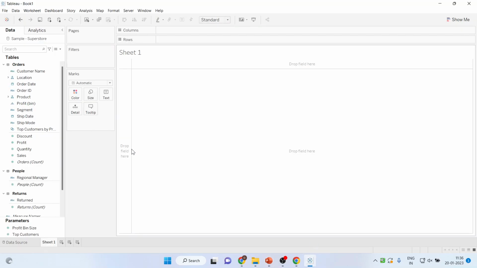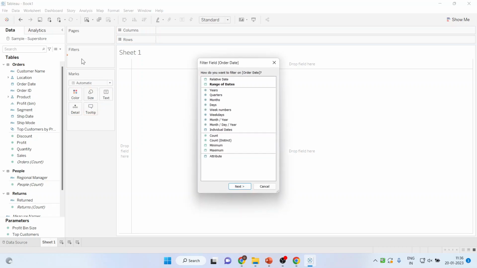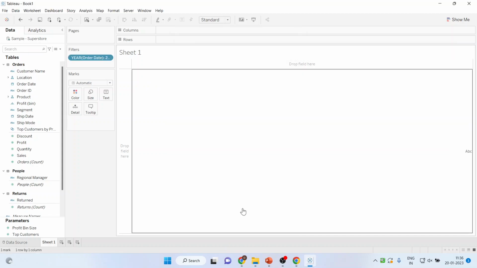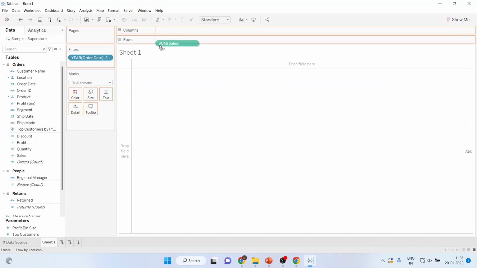Now, I'll pick up the order date from here and drop it into the filters. The next thing which I'll do is I'll select the years from here. Years, press next. I'll activate one of the years, that is 2021. Apply. Click OK. The next thing which I'll do is I'll pick up the sales and drop it into the